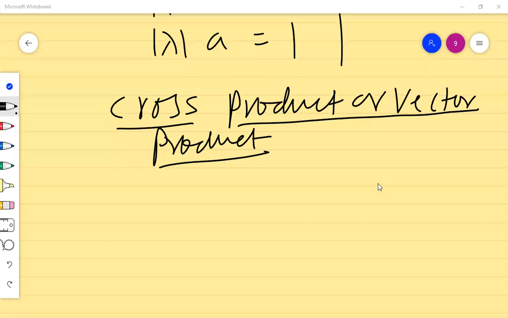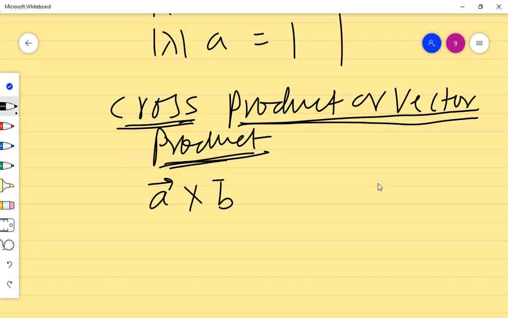Cross product or vector product. Obviously the cross product will give us a vector, definitely. So suppose we have two vectors A and B. So the cross product of A cross B